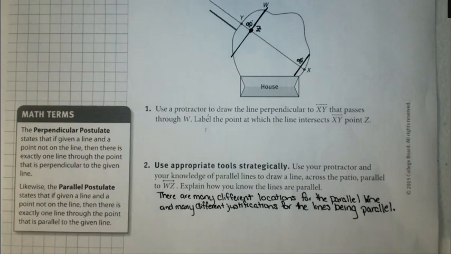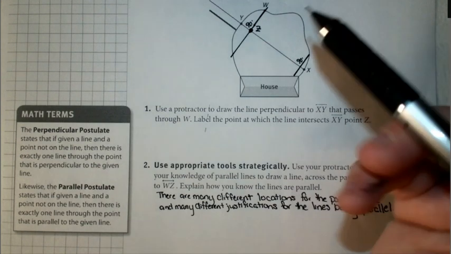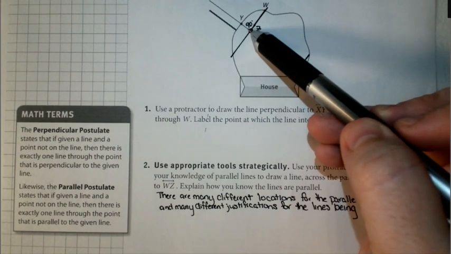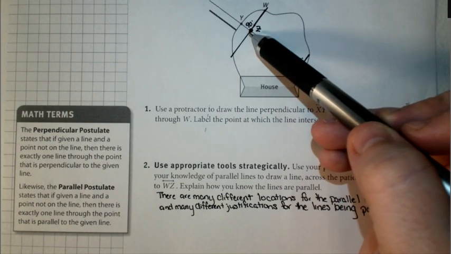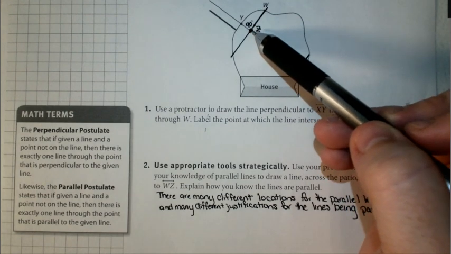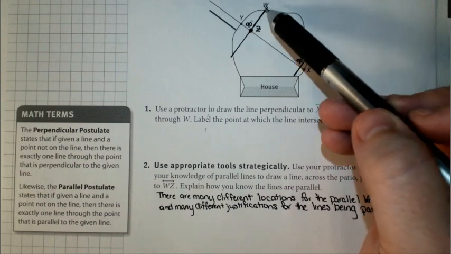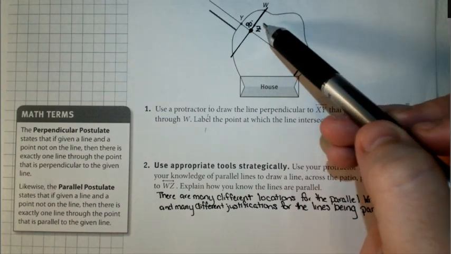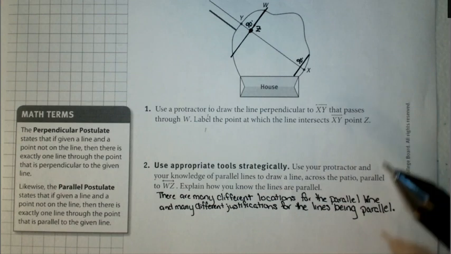All right, to finish up section 1, I have now provided the answers for questions 1, 2, and 3. Number 1 asked us to draw the picture. So what I did was I made sure to create a 90-degree angle because that's what it means to be perpendicular. And I labeled, and it went through point W, and I labeled this point Z. Now,